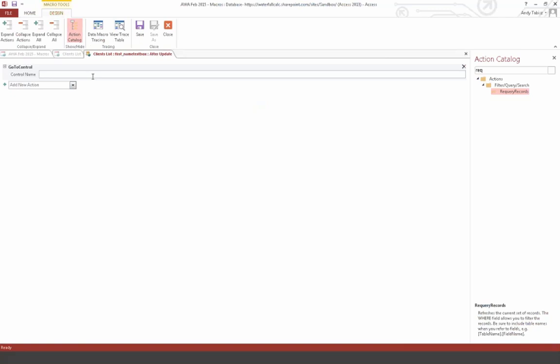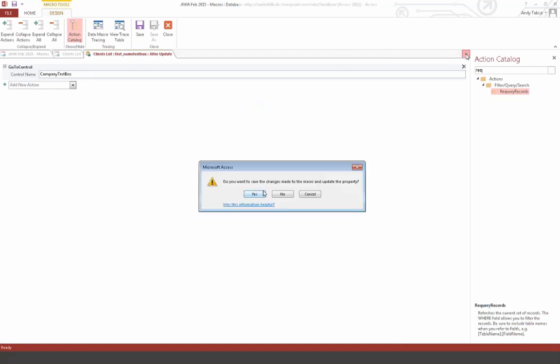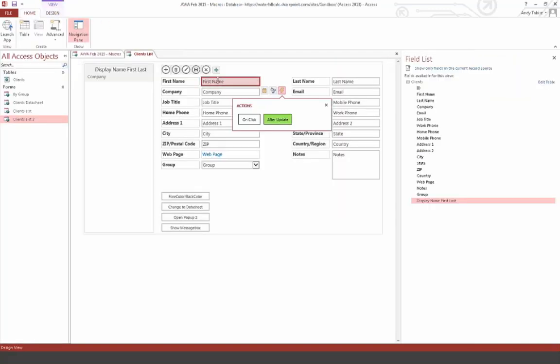In this case, we'll choose company text box. And so we're forcing it to go from first name to company. Now, the downside of that is that if they don't type in something in first name and they,